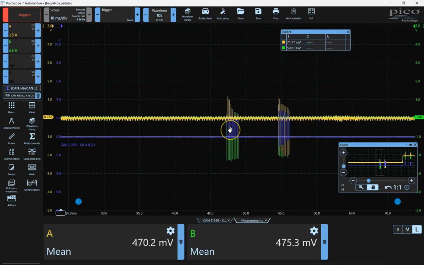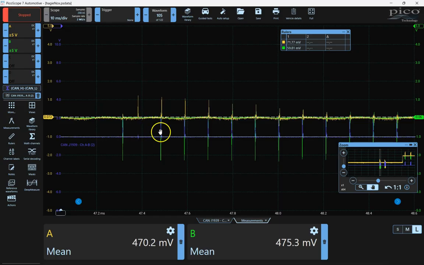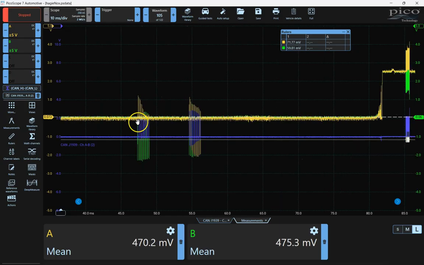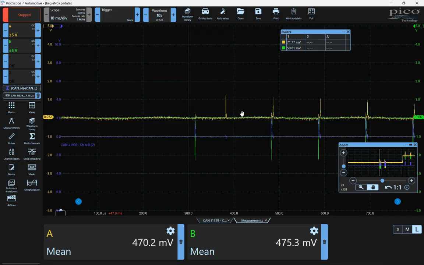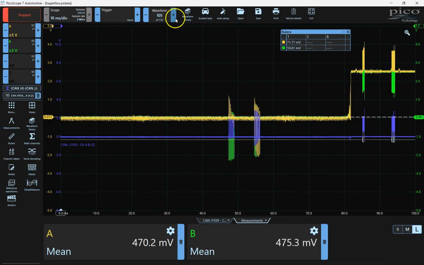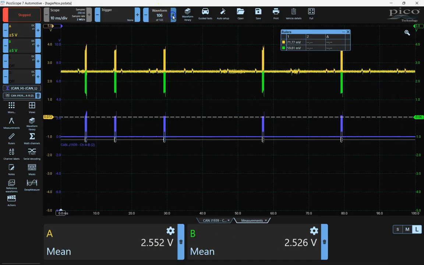Here's my CAN data. And if I look at this CAN data as we zoom in on it, this controller is trying to transmit, but it can't because both CAN high and CAN low are grounded. In other words, it can't drive into that. It's like a short to ground, right? And so what this ended up being, once again, if I look at my average voltages, granted, I can see now that they're almost 0, but that's just because I'm doing this with the oscilloscope. The very next time they would be this